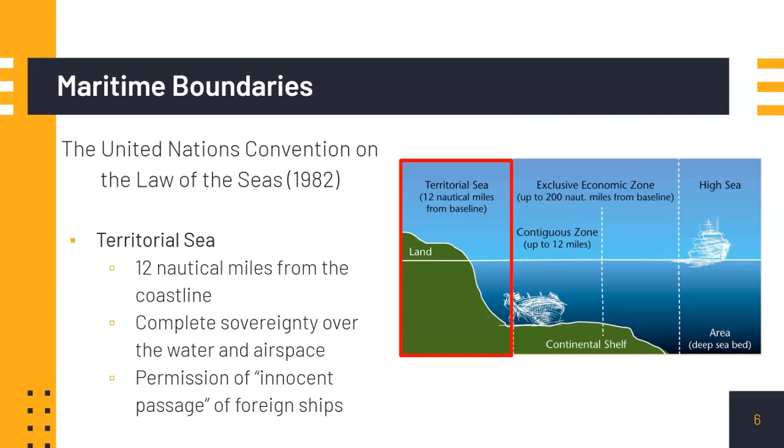However, while a country has sovereignty over its territorial sea, the UNCLOS also allows for the innocent passage of foreign ships. This means that ships from other nations are allowed to pass through a country's territorial waters as long as they're not engaging in activities that could be considered harmful or threatening to the security or peace of a coastal state. For example, foreign ships can transit through territorial seas for navigation or transport purposes, but they must not engage in activities such as spying, military maneuvers, or pollution. The idea of innocent passage balances a country's control over its territorial waters with the need for global maritime navigation.